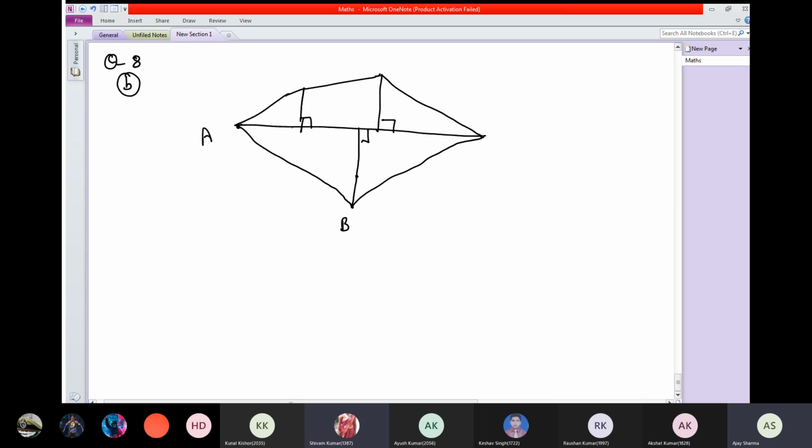Now, how do we solve it? First we name it. Anyone have any idea? First we have to find triangle AEP. Okay, then another triangle DRC, 1 by 2 into base into height. Yes, anyone? It's 125. And the other side is given to you, 95.